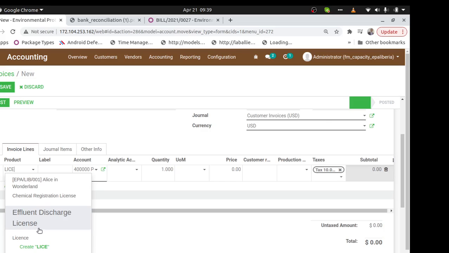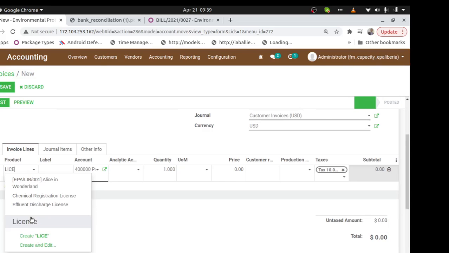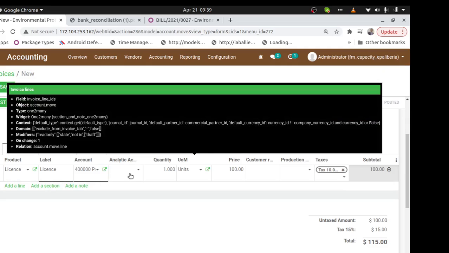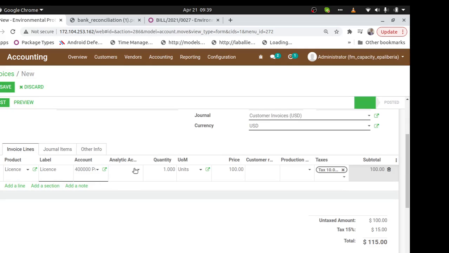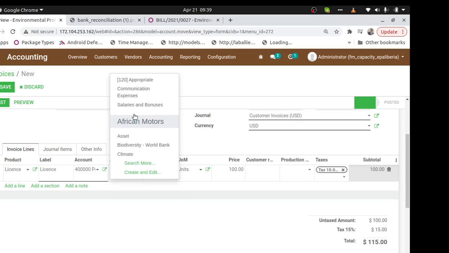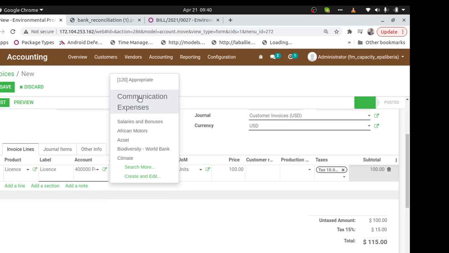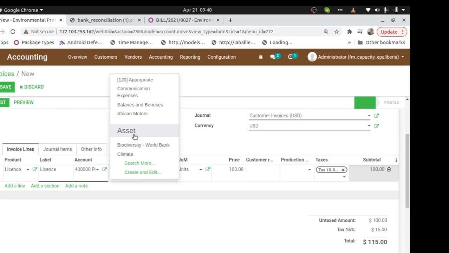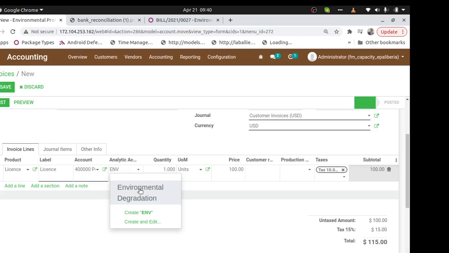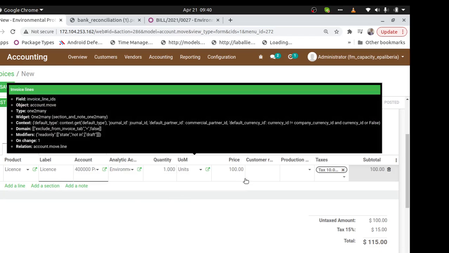So there are also others. Let's say licenses, and then I can also pick the costing account here directly if I have it, wherever I'm posting from, or if I'm posting to the project, I can post to the project, whichever. Let me say here I'm posting on biodiversity environmental project, whichever. You can post anywhere, or you create a new posting account, so you can see the costing for it, for the revenue.